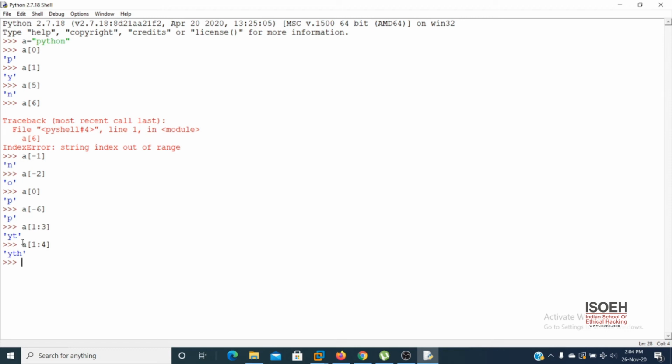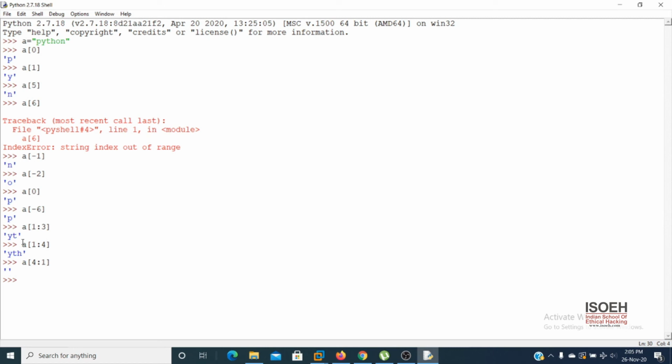So basically indexing is just a simple number for accessing an element, and slicing is if you want to cut a string, then you can use this property using a colon. The first one is the start point and the last one is the end point. And one important thing: the start index should be lower than the end index. If I reverse it, if I write 4 colon 1, it won't work, because string slicing only happens when the start index is lower than the end index.